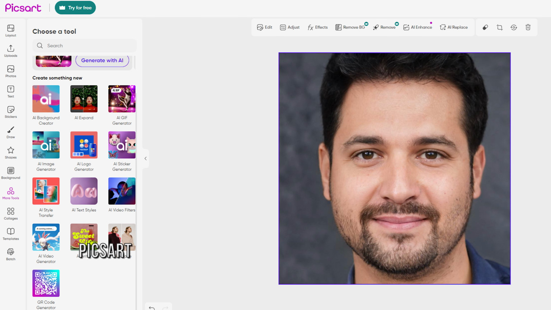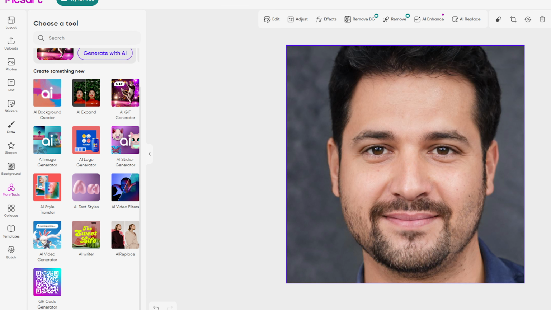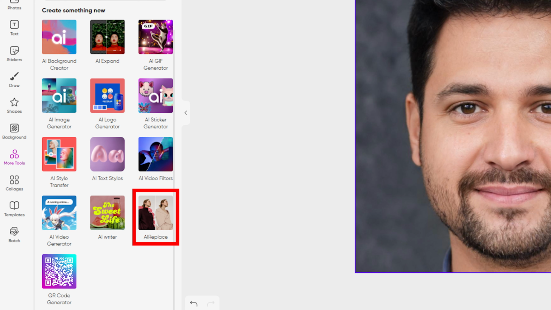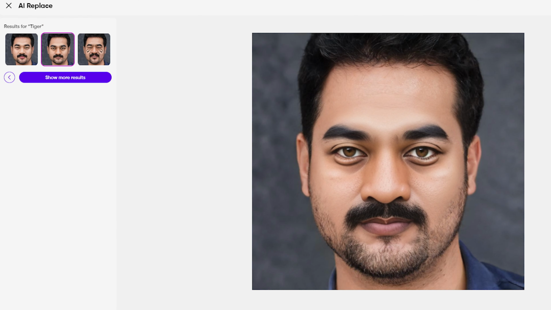Option 3. PicsArt. PicsArt, on the other hand, has a wide range of applications. Apart from helping you improve the quality of your photo, it also comes with this face swap option. But this app has a limitation. It does not let you choose a custom base for your picture. Rather, you need to choose from the existing templates to swap your face.